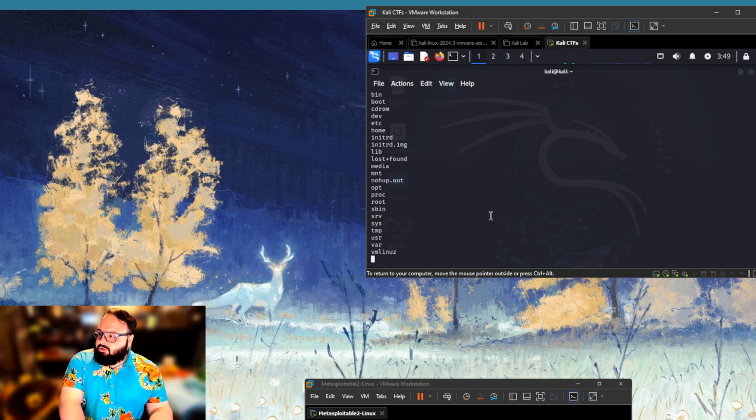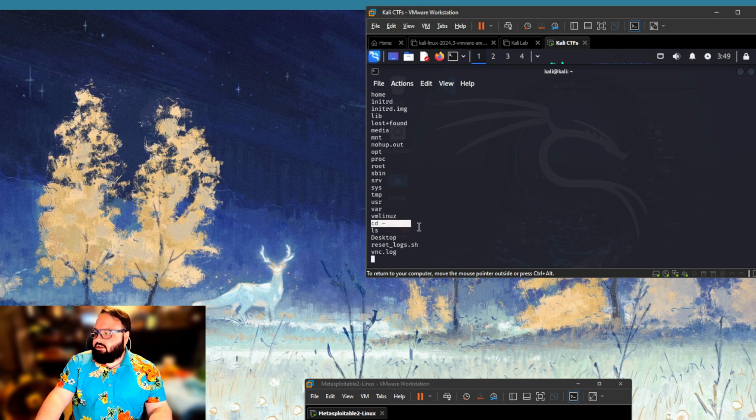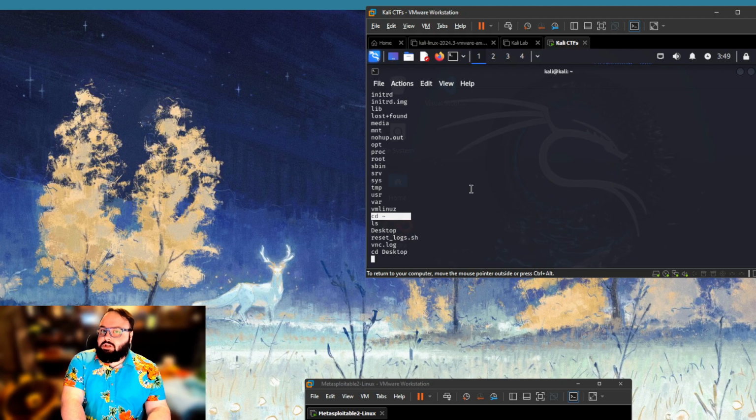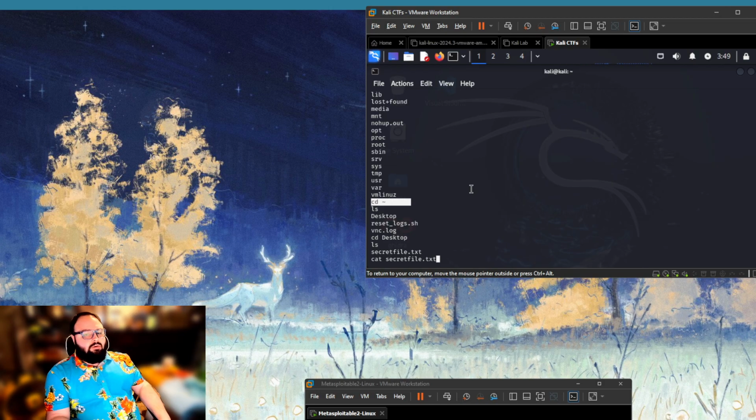So we're going to do cd tilde, list, and then right underneath the cd tilde is our new results. So we can see desktop. So if I cd into desktop, we can list what's on the desktop now. So list, and there it is, our secret file. So if we type the command cat secret file, we're going to be able to read what the secret file is. Now, in the real world, like I said, if there's a version,